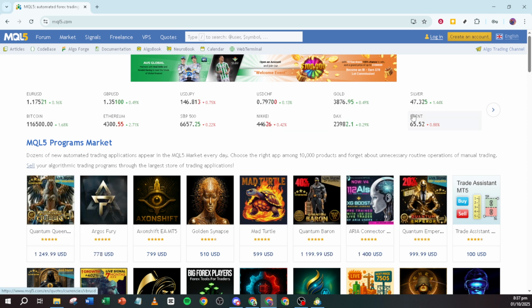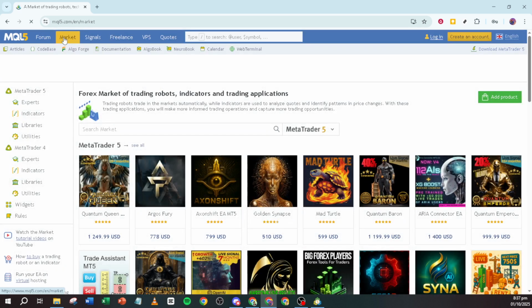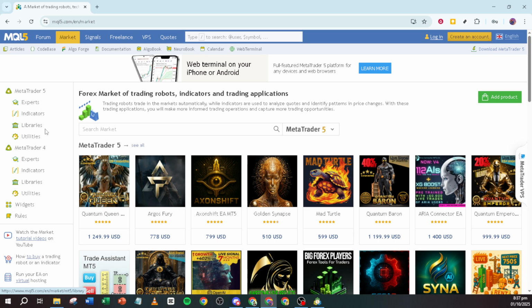First, to get started, you'll need to obtain the Expert Advisor file. These files can typically be sourced from the MQL5 community or directly from your broker. Make sure you choose a reliable source to ensure the functionality and security of the file. Once you've got your EA file, it's time to open your MetaTrader 5 platform. If you don't have it open already, find it in your applications, open it up, and you'll be ready for